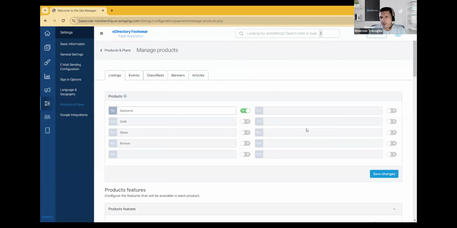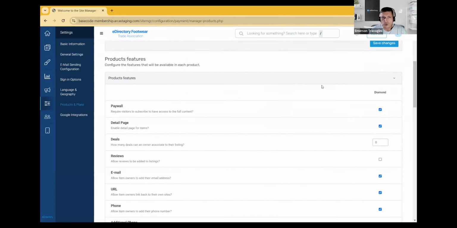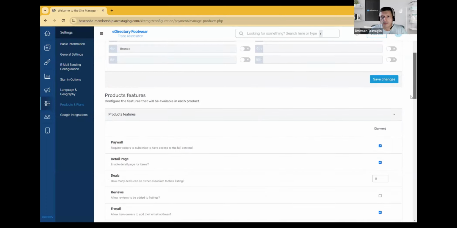So you can create up to 10 products for listings, events, and classifieds, and configure it by level. So I have just one created here, one listing that I call diamond, and you're going to check this box here. So this level will be a diamond level listing protected by paywall, or in other words, people will have to pay for access or at least publish another type of content to be able to see listings on